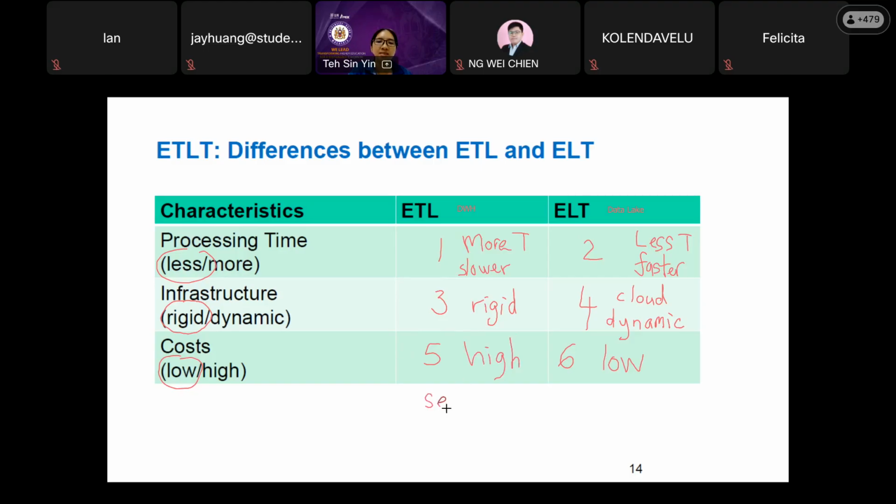For example, your server will need a maintenance fee and a server fee. So this will be more expensive compared to ELT, which is the cloud. You are using the cloud, so you don't really need a place to put your server and so on. So these are the differences between them.